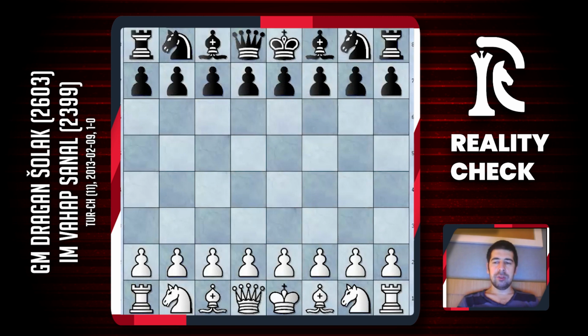In the last round of the Turkish Championship for the year 2013 in Antalya, I played with young International Master Vahap Sanal. He's one of the greatest Turkish hopes, and he studies chess a lot, so I expected a very difficult game. The game was very important. Before the last round, I was sharing first and second places with